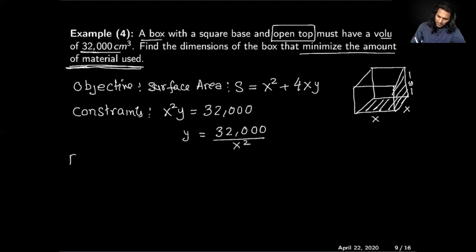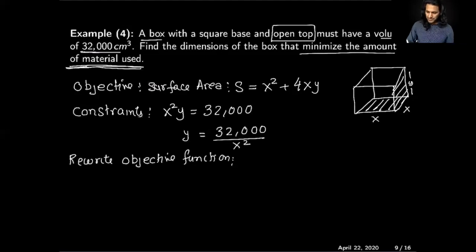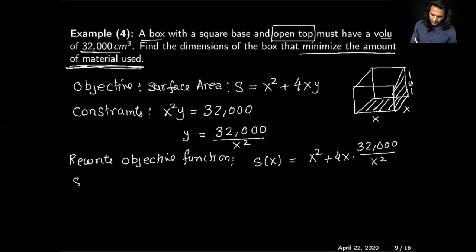So I'm going to rewrite the objective function. If we rewrite our objective function, it will only depend on one variable x. It's going to be x squared plus 4x times 32,000 divided by x squared. And if we simplify this objective function, what we are going to get is